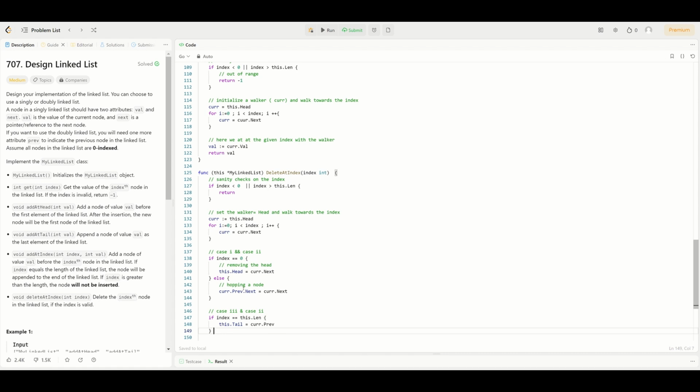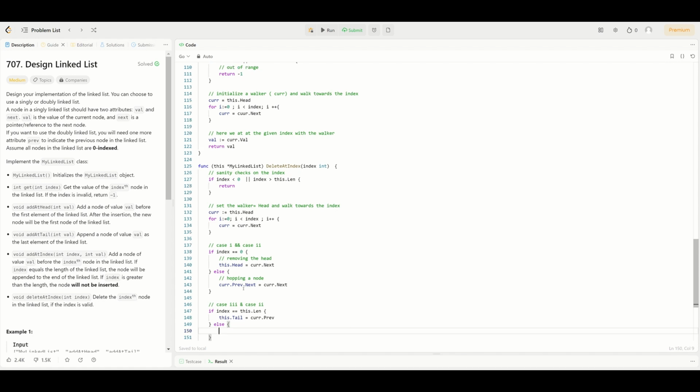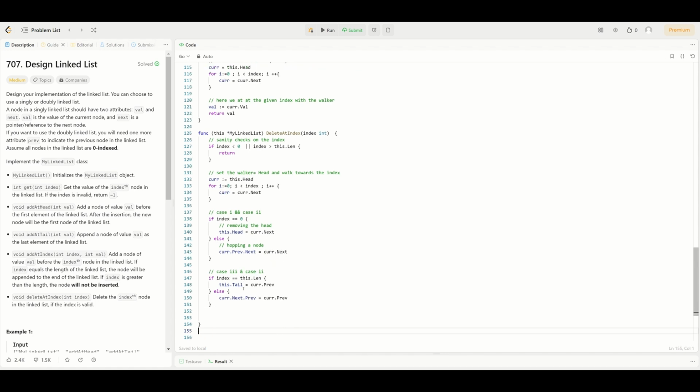Basically, we are removing the tail node. Otherwise, we are going to modify the next pointer: cur dot next dot previous equal to current dot previous. So basically, we are modifying the pointers accordingly. And finally,